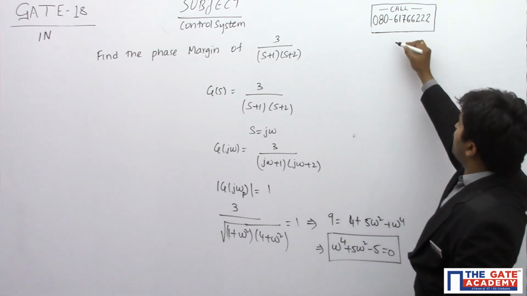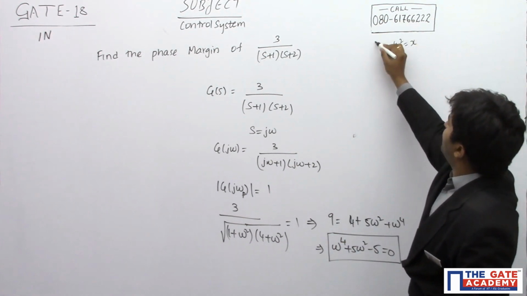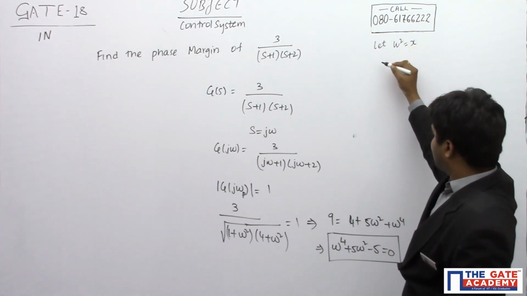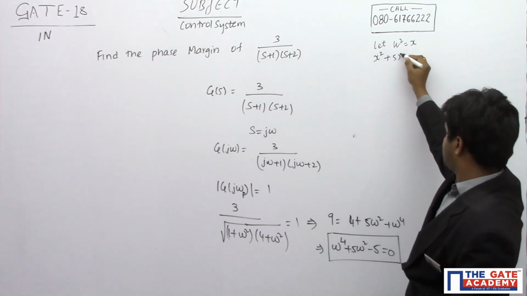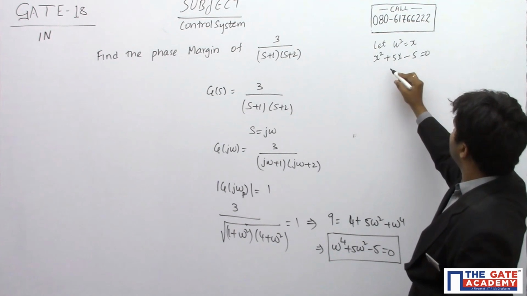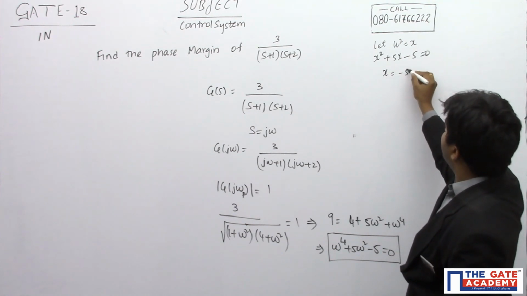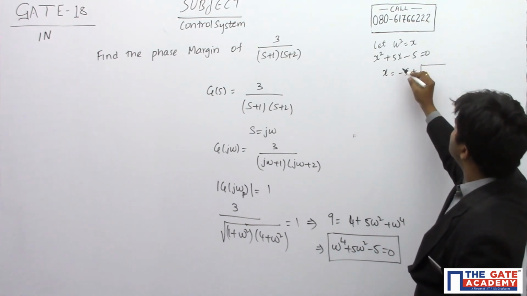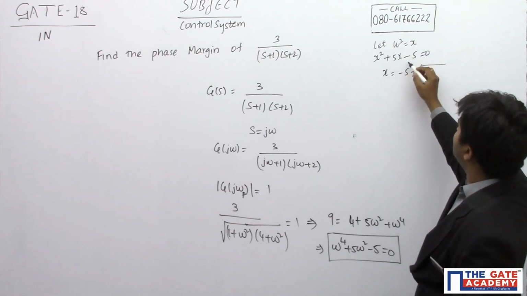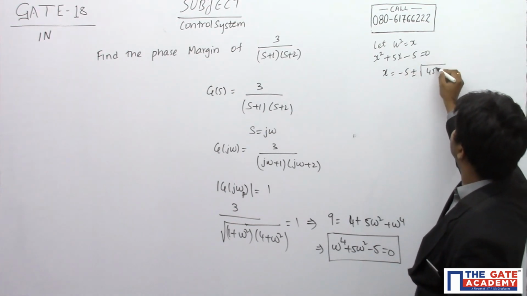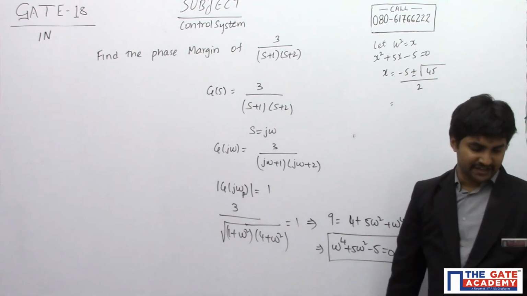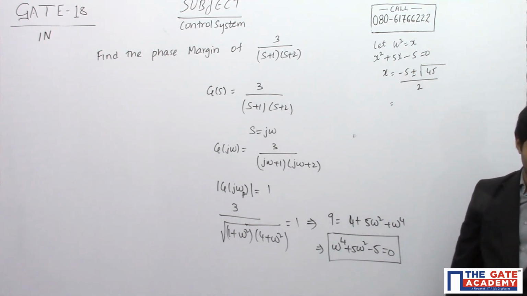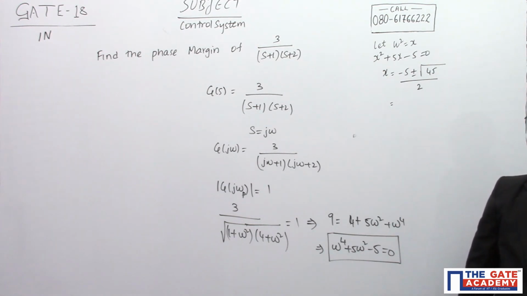So if I consider omega square is equal to x, then I'll have a quadratic expression, x square plus 5x minus 5 is equal to 0. So the value of x will be equal to minus 5 plus or minus square root of b square minus 4ac. It means 25 minus of minus 20 is going to be 45, divided by 2. So you'll get a positive and a negative value. If it is a negative value, it is of no use for us. So the positive value that you're going to get here,